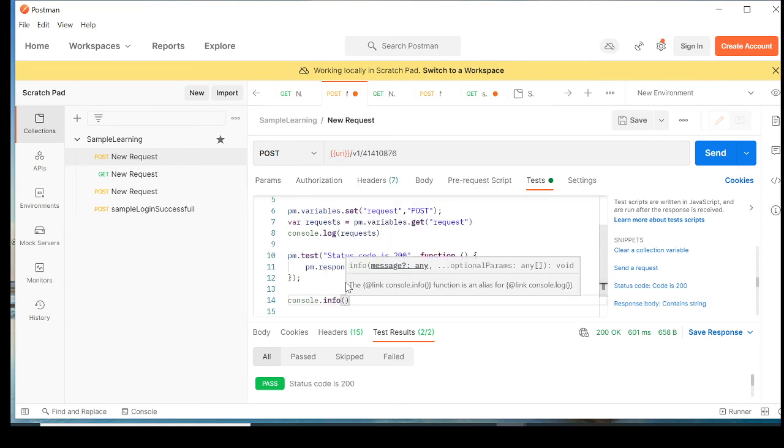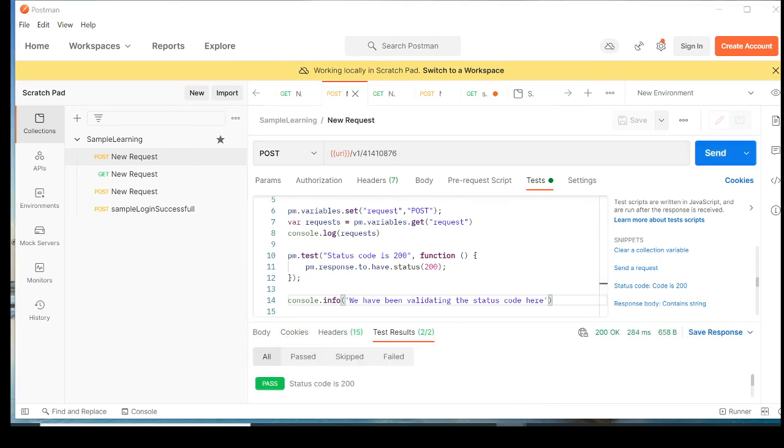With console.info, you can write something like validating the status code here, and it will be logged over there as well.